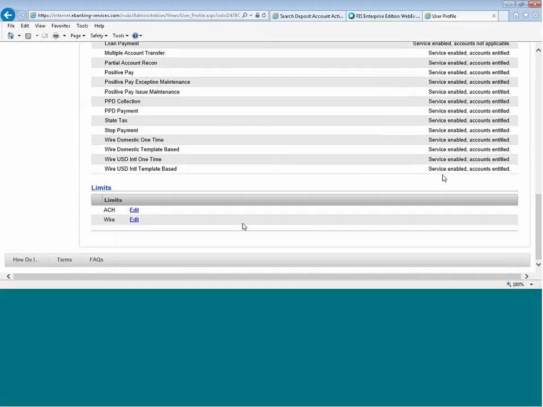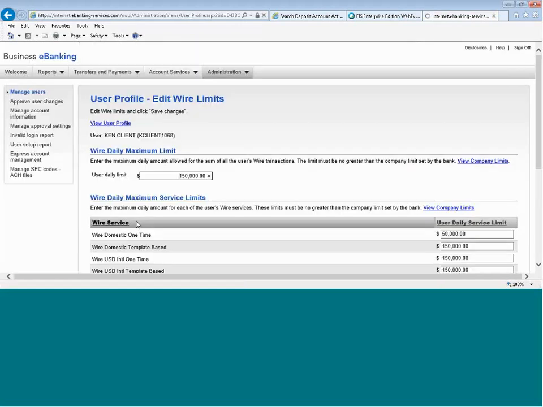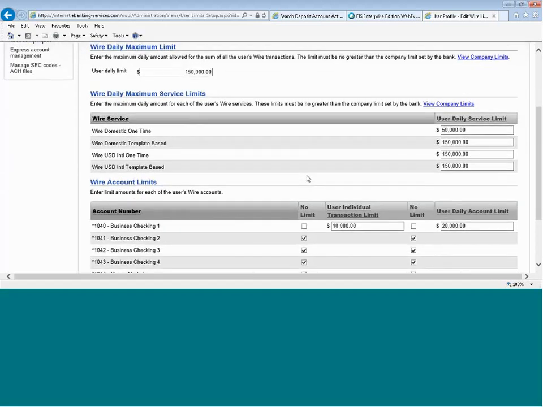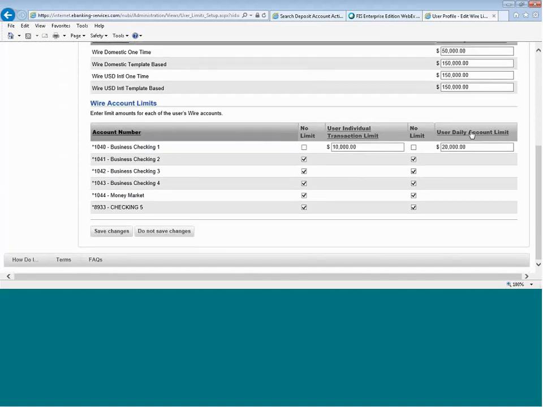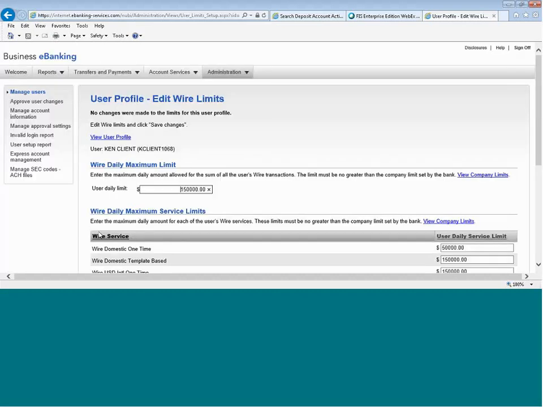Scroll back down to the bottom and select Edit. Works pretty much the same way. This user has an overall daily wire limit at the very top. Company limits are still here. We'll move on to the wire daily maximum service limit. So for each of these wire services, there's a limit in place. The wire account limits are a little bit more granular than what we saw at the ACH level. So not only can they have a daily account limit for wire, we can also establish an individual transaction limit. We'll save the changes here,